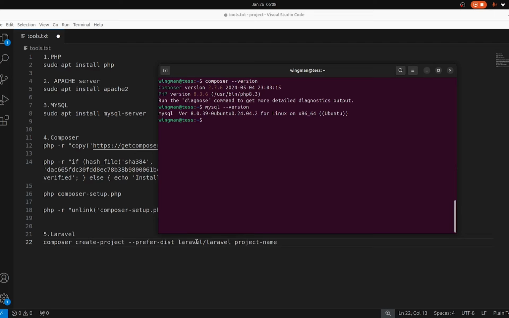After pasting the command, I type the project name. Today's project, I'm going to call it Bookman. Enter. Then you're going to see that it's going to create a Laravel project for you, and Composer is going